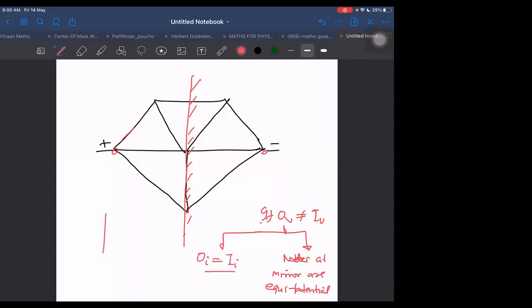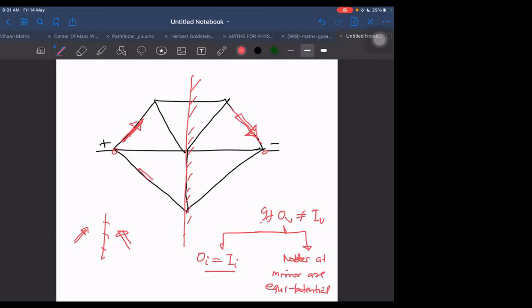But while I said that, understand now, how do we take the images? If I take a mirror here, how do we take normal images? This will be the image of this arrow or not? Usually, I'm talking about usual images, the way we do it in optics. But here there is a difference. Here the direction of the arrow will be reversed. This image will not be like this, but it will be with a reversed arrow. How do we take images here? Here we take images by reversing again.